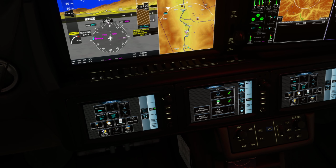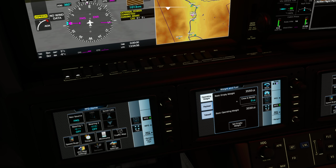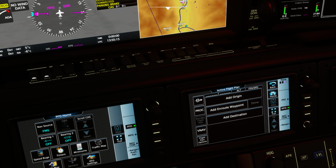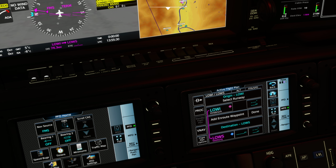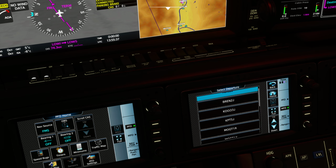We are going to have lots of reserves, and still we are only carrying 800 pounds of fuel. And as for our flight plan, it's a very interesting and very short flight plan, because we are going to fly from Innsbruck to Salzburg in a way that our departure from runway 08 will be by